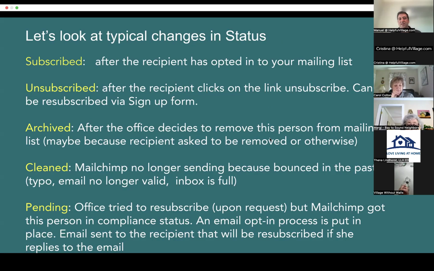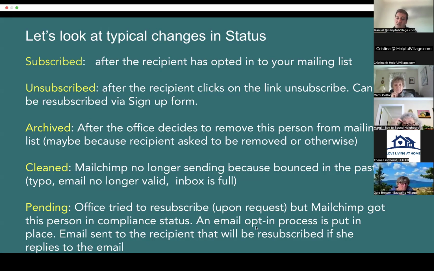So basically what happens is that if you do the sign up form, sometimes it works and people go back to subscribed, maybe based on your reputation. But in some cases, Mailchimp will say, wait a minute, before we put this person back to subscribed, because of something they call a compliance status. This person had asked to be unsubscribed, and now we're trying to bring them back, but Mailchimp needs extra confirmation that this person really wants to be on the mailing list. Now they added this other status. So when this happens, essentially Mailchimp is not putting this person in subscribed, it's putting them in pending,